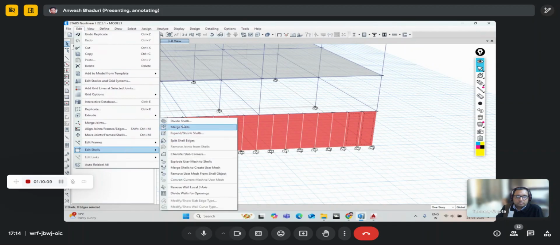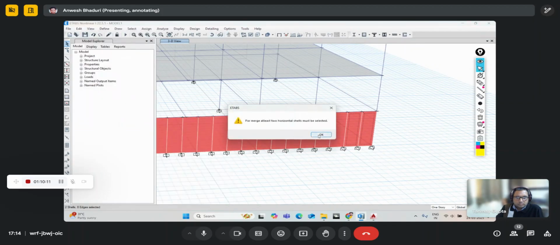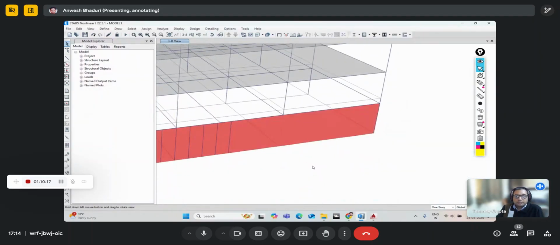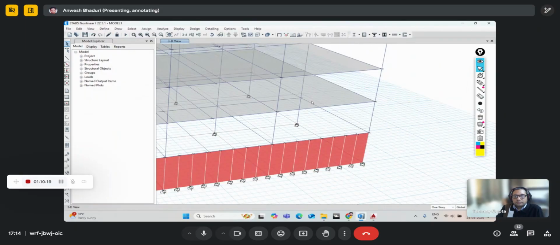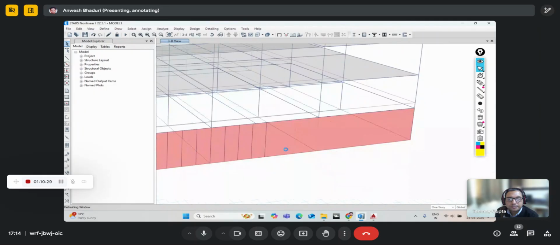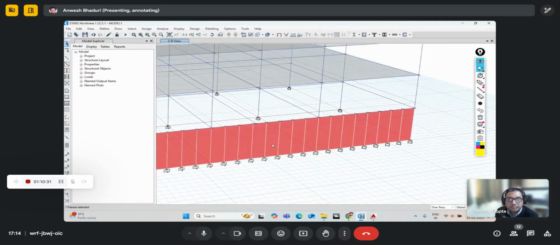I'll go to shells, merge shells. But these are horizontal shells, not for walls. Say if I divide floors, I can merge them again. But for walls, it has to be drawn again. So now what I'll do is